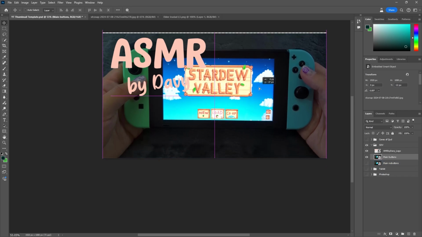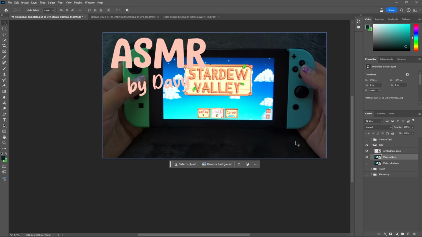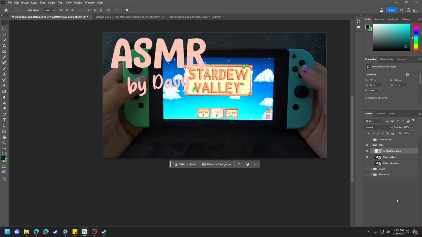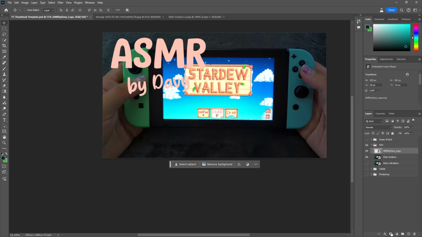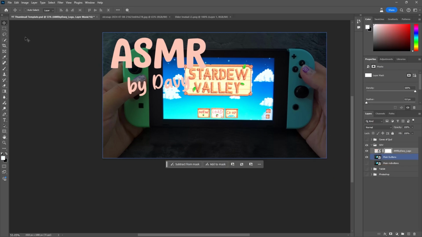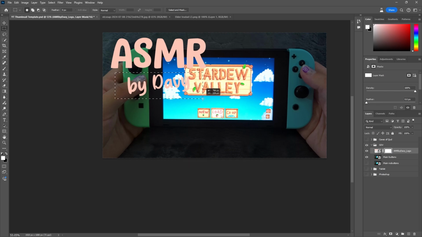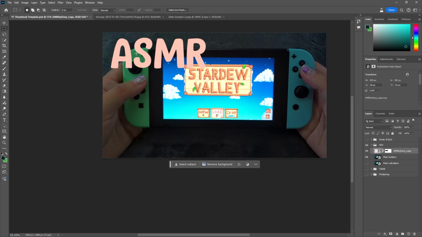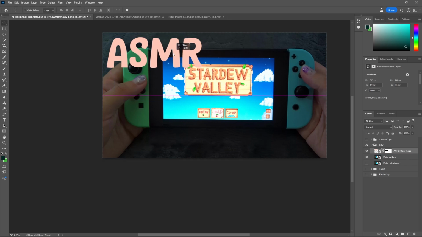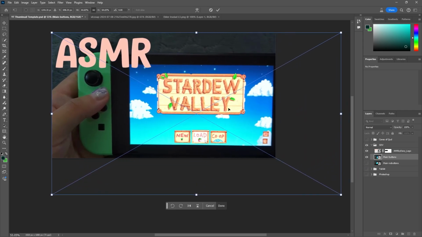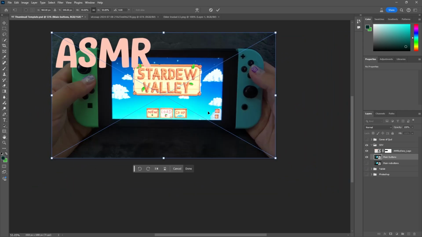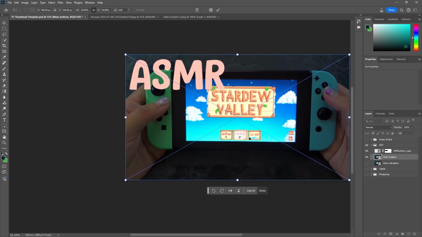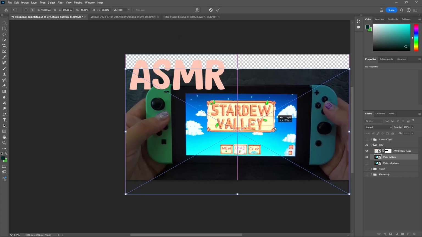Let me see here. You know what I can do, I think, is add a layer mask. I'm not super experienced with layer masks, but that should work. There we go. So there it is. It just says ASMR. And it will take a second here to... That won't work. I have not provided myself enough room, but I think what I'll do